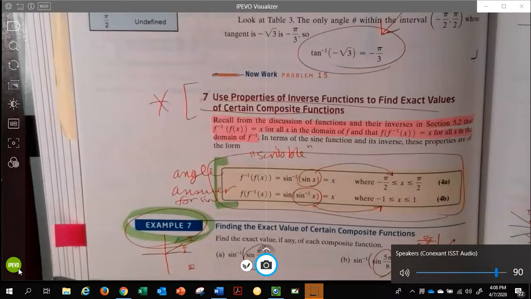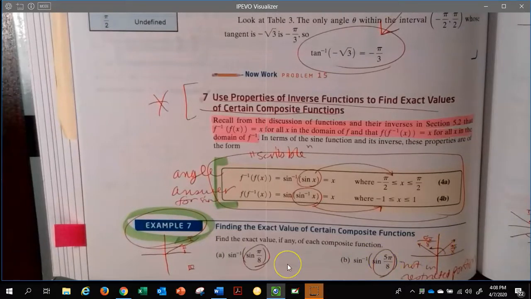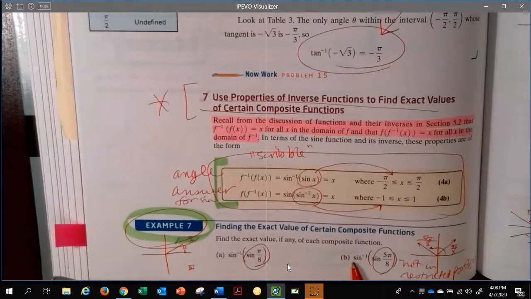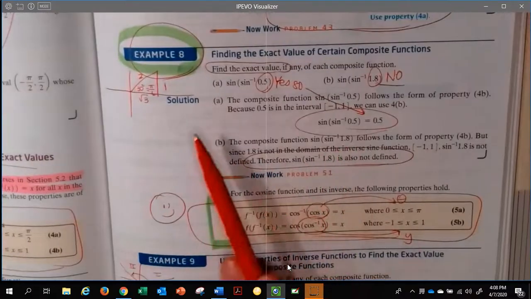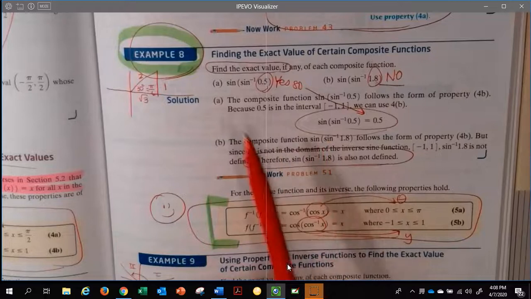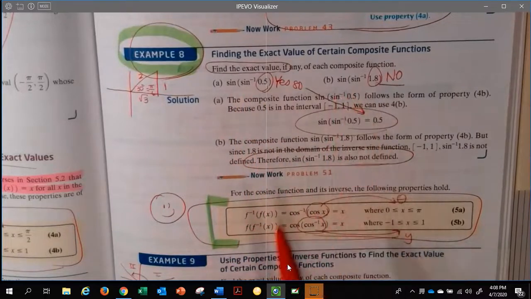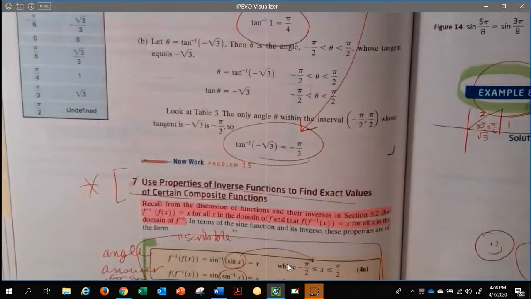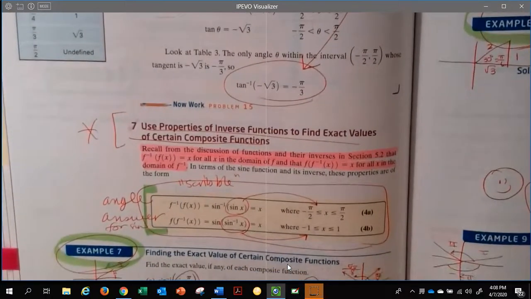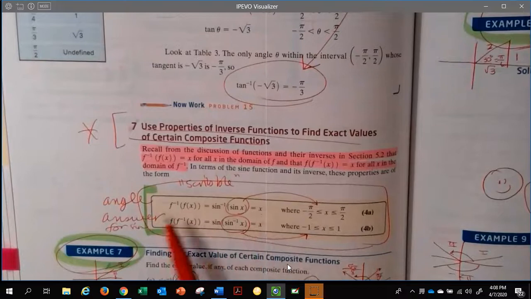And down here at the bottom of the page, 456, could you do, and I hope you haven't been able to see the speaker screen the whole time, but could you do example 7, both parts, A and B? Do you also know how to do example 8 without help and noticing the pieces and parts? And I didn't show you, but up over here above example 7, it's where we were talking about, and I used